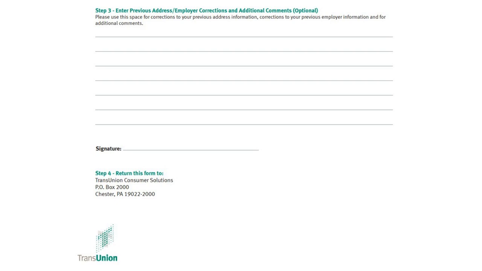Okay, and step number 4, you want to return the form to TransUnion Consumer Solutions. As you can see on the screen, they want you to mail it. Okay, so PO Box 2000, Chester, Pennsylvania 19022-2000. So it's important for you to always keep written proof of any conversation you have with TransUnion, so that if the matter has to go to court or has to go a little further, you have written